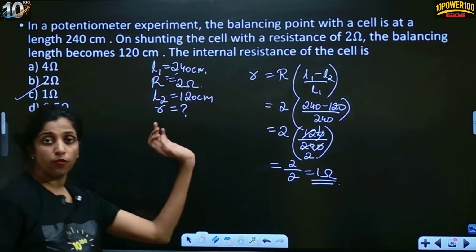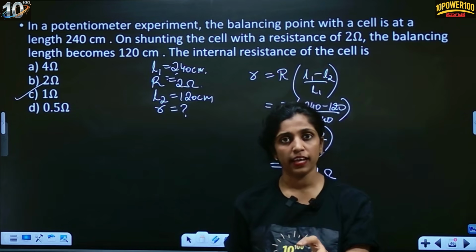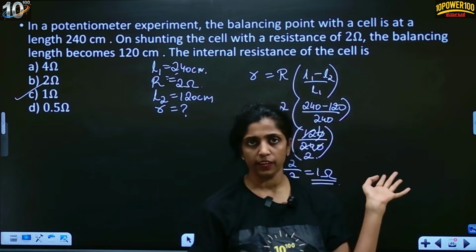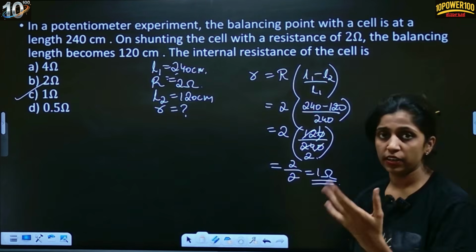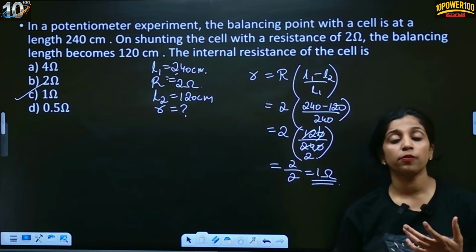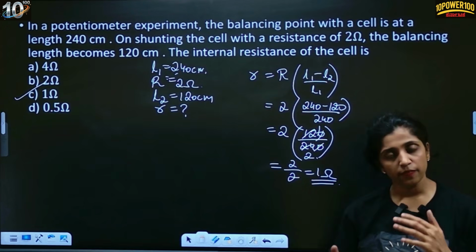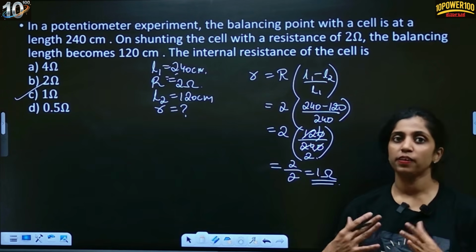Okay, you have that formula, right? Shunt resistance and balancing length formula, 100 minus L by L, where 100 is in centimeters. So directly I've taken it over here. In case you have any doubts, please let me know. Drop a message in our comment box, right? And please let me know, am I going at a proper pace or not? In case you want me to go very slow also, please let me know.